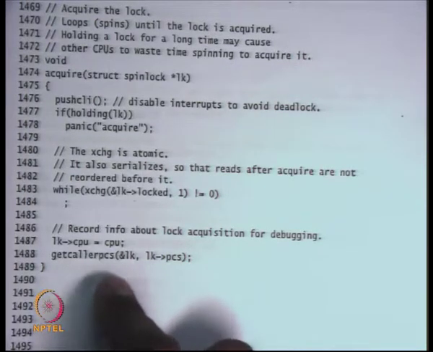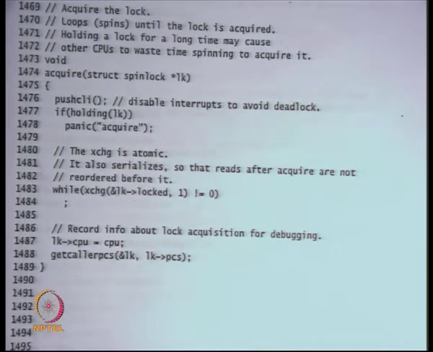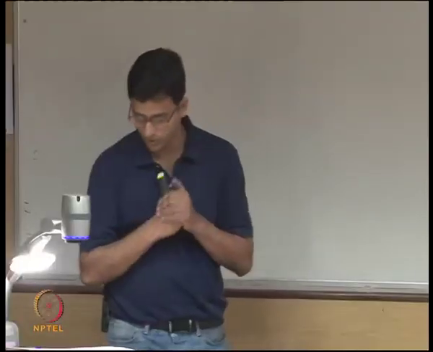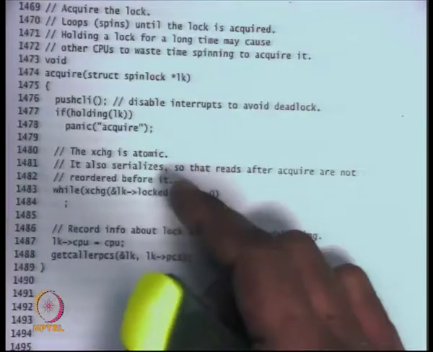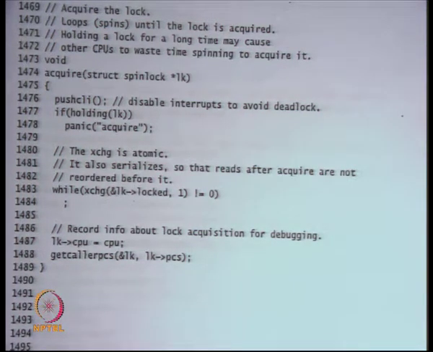So what does it mean? When you get out of acquire, the interrupts are still disabled, right? Because you called push cli and you never called pop, right? You never re-enabled interrupts. So for the entire critical section in this spin lock, the interrupts are disabled. So why does XV6 need to disable interrupts in the entire critical section? So one answer is that if there's a timer interrupt within the critical section, then it can get swapped out and somebody else can get to run, and atomicity can get violated. Is that right?